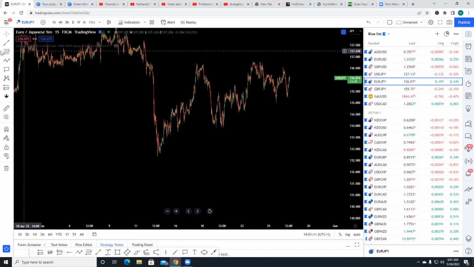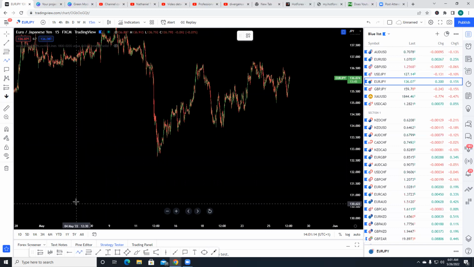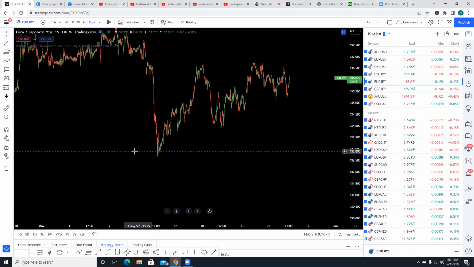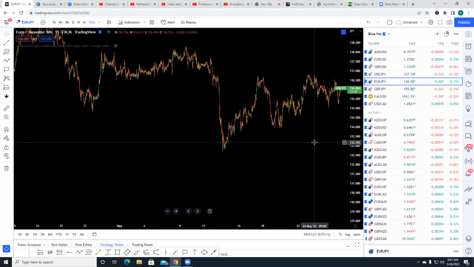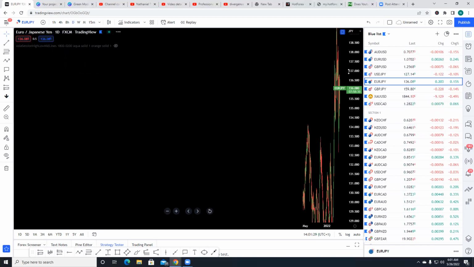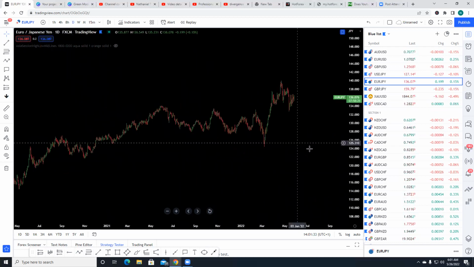When you are trying to understand structure, you must understand the flow of the market. Allow the market to give you its flow. Let the market speak to you about what it wants to do. For instance, if we look at this Euro JPY right now, we want to look at it in terms of higher time frame, even though we know that this market